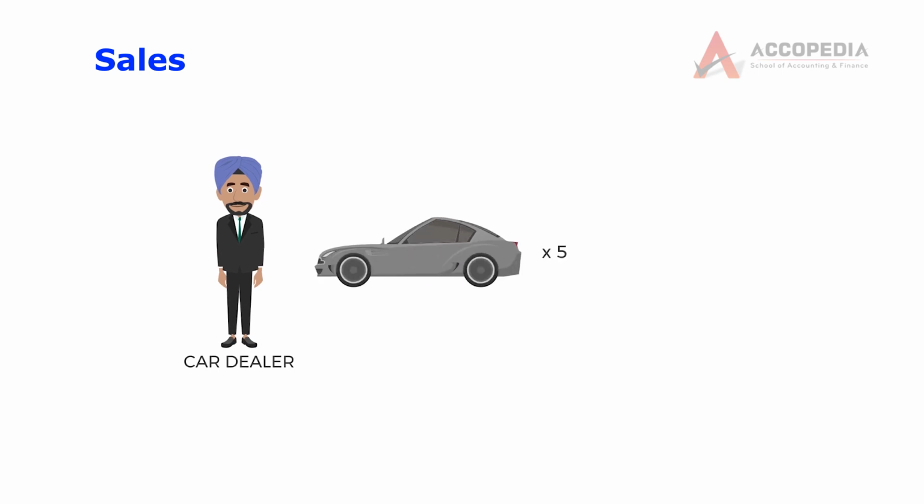We will now talk about sales. Sales, we all know, is revenue or gross receipts of a company. But in accounting, sales or sales income refers to the money generated as revenue by a company by sale of its primary products, that is goods and services. Suppose I am a car dealer. If I sell 5 cars in this month, then my sales income is for that 5 cars.